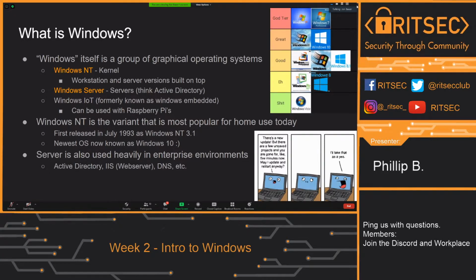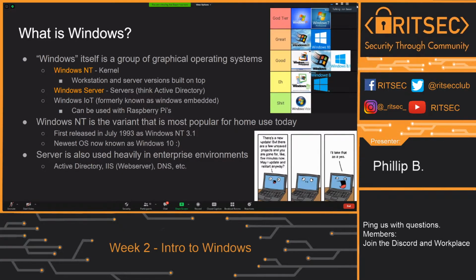A lot of us have them. They're just what Windows is. So you can download programs, run programs, etc. Then there's Windows IoT, which was formerly known as Windows Embedded, which you can, for some reason, flash on a Raspberry Pi. If you want to do that, I would not recommend that one. There's also another one that's really popular now called Windows Core or Server Core, and it's Windows without a GUI. There are GUI aspects to it, but it's mostly PowerShell, and there's no default GUI on that.